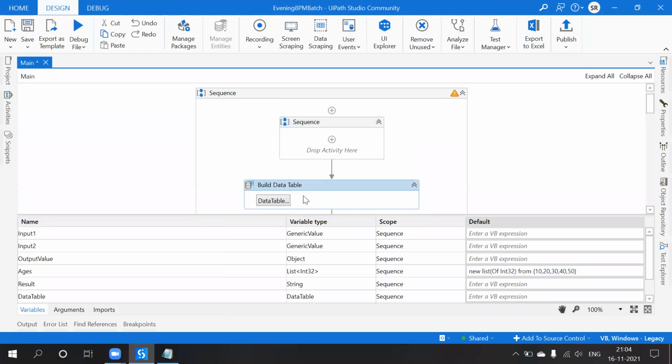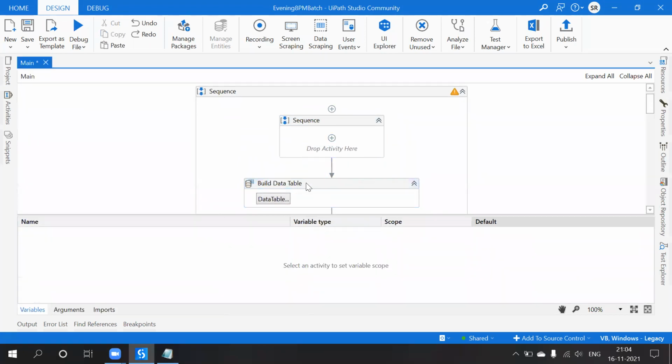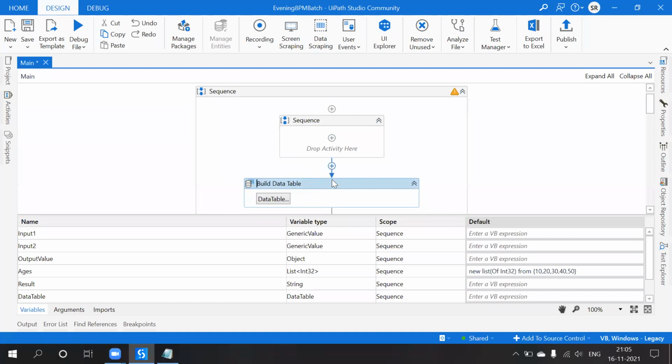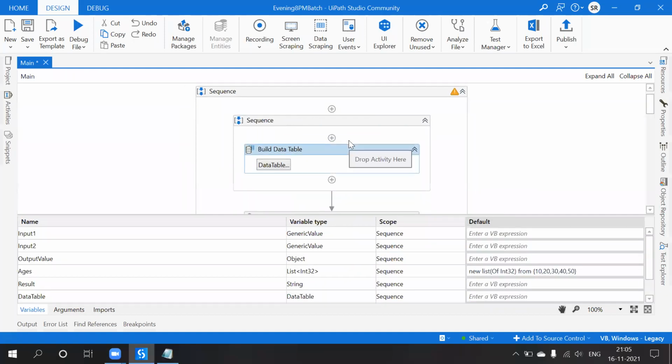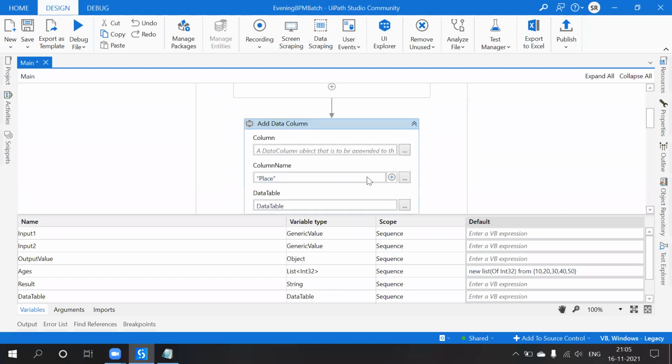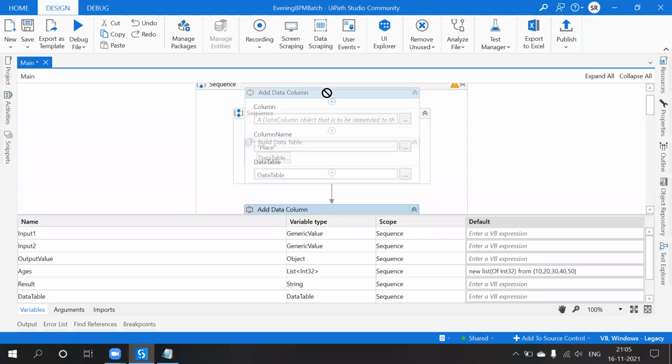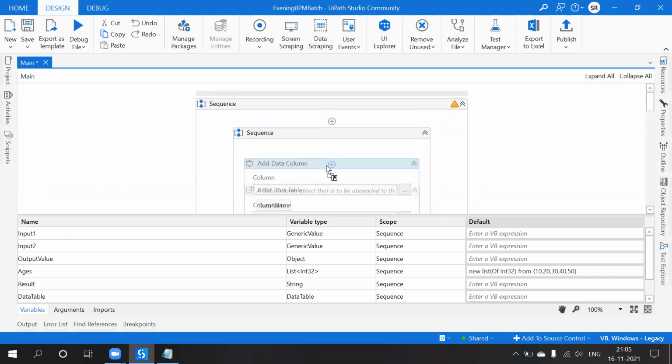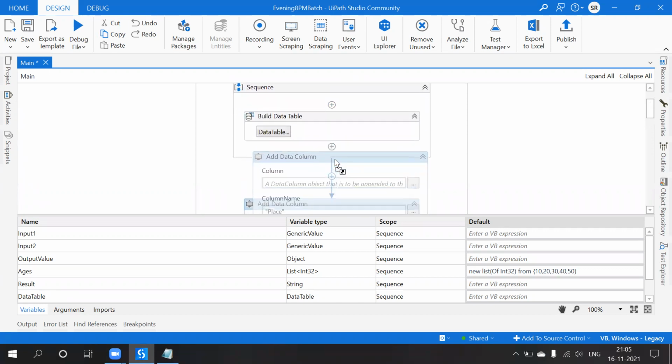I will put each and every activity inside this, because it can be used across all, right? That means for our entire scenario, our entire class, we have to use it.